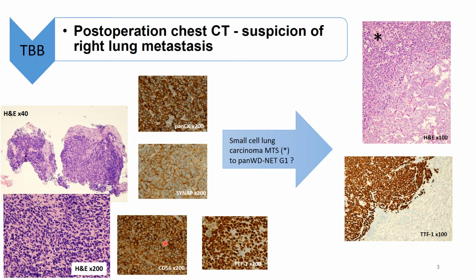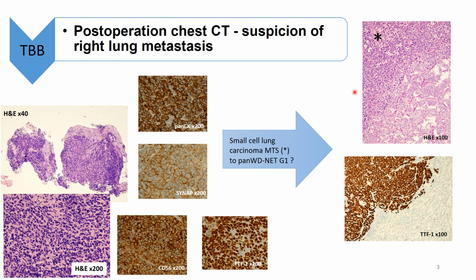Furthermore, these cells were also positive for neuroendocrine tumor markers and positive for the epithelial marker pancytokeratin. Moreover, confirmation of pulmonary origin was established by using the specific immunomarker TTF1. So our thought was that maybe it was a small cell lung carcinoma metastasis to